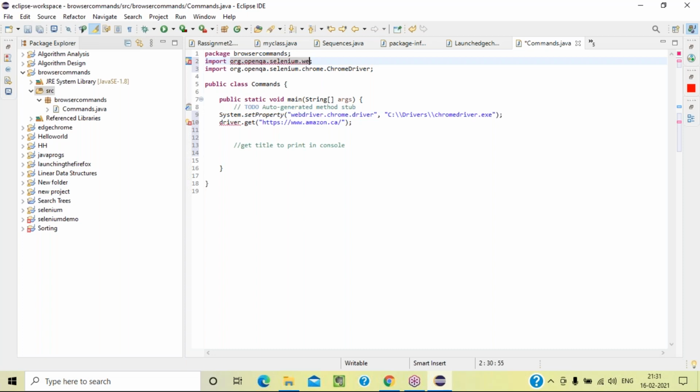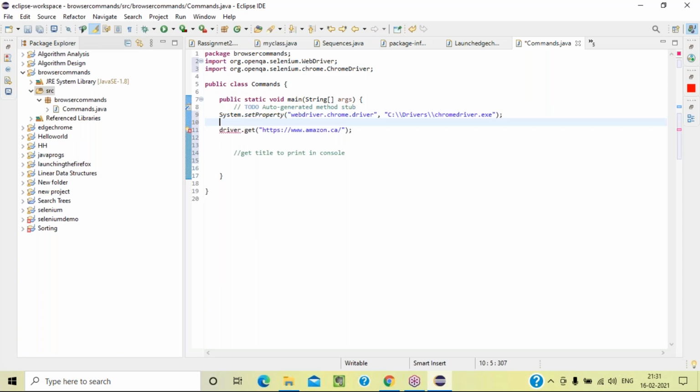Okay, good. Right. WebDriver. Use control space, Lalita. Select that one. Good. Now see what is wrong. Hold on. You only tell me how you are writing this one. You need to initialize the object, right? You have not initialized the object. You simply call the object. This is wrong. So you need to initialize the object.